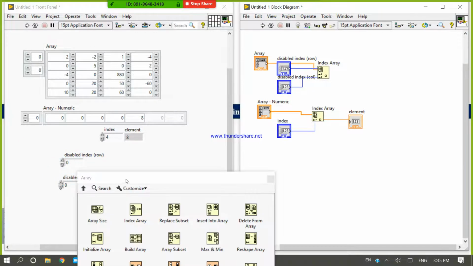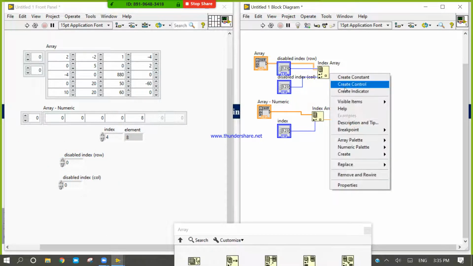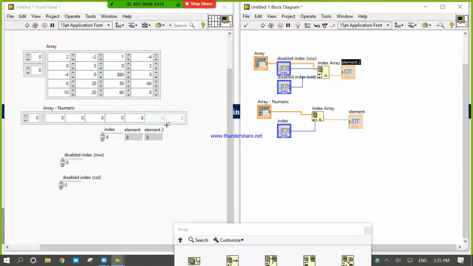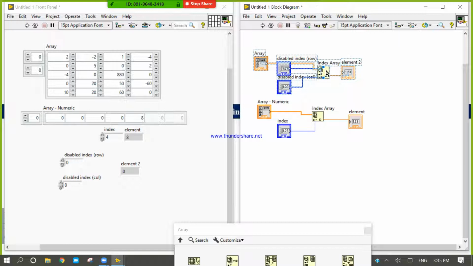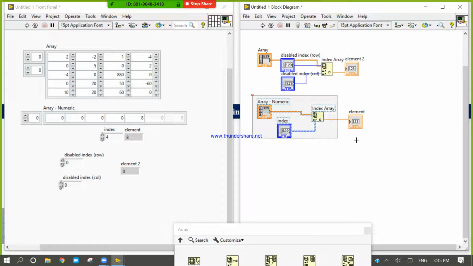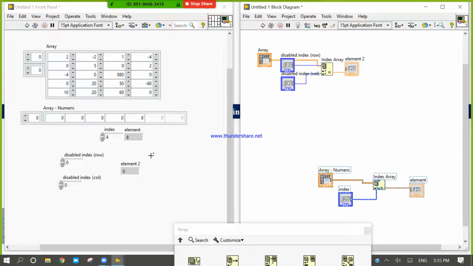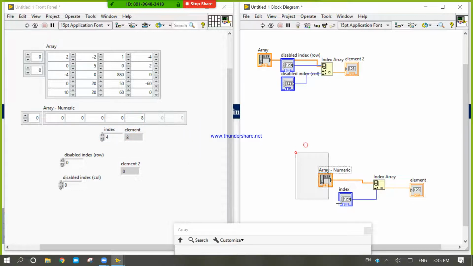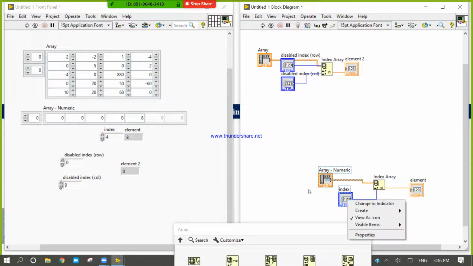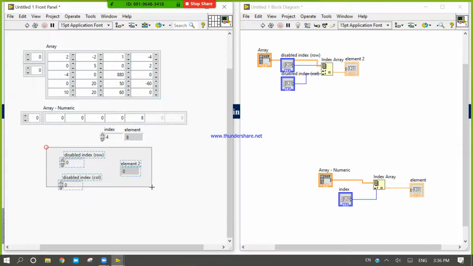If you select both column and row, then it will generate a scalar value for you, element 2, in this setup.